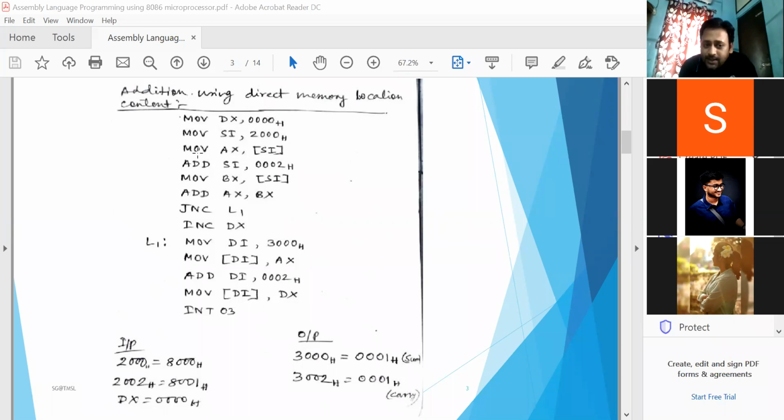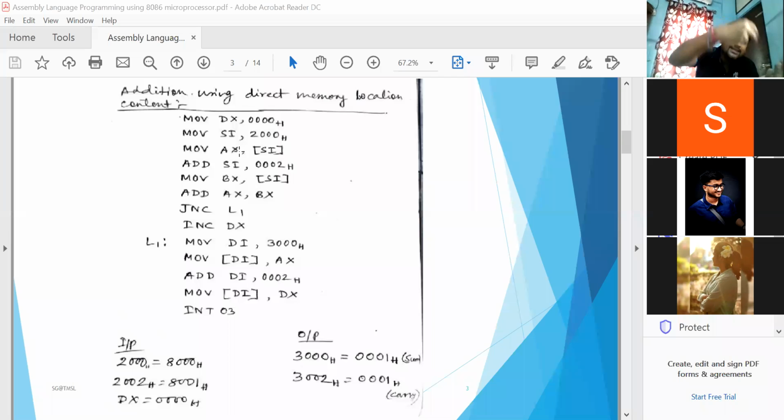Now using this instruction, MOV AX, [SI], where SI stores 2000, whatever data byte is within that memory location will be stored inside the AX register. If this instruction is written, MOV AX, [SI], it represents two consecutive memory locations, and the 16-bit data will be stored inside a 16-bit register. That's why I have used the AX register, which is 16-bit in size. Here it's a 16-bit microprocessor, so 16-bit data can be accessed in one cycle.